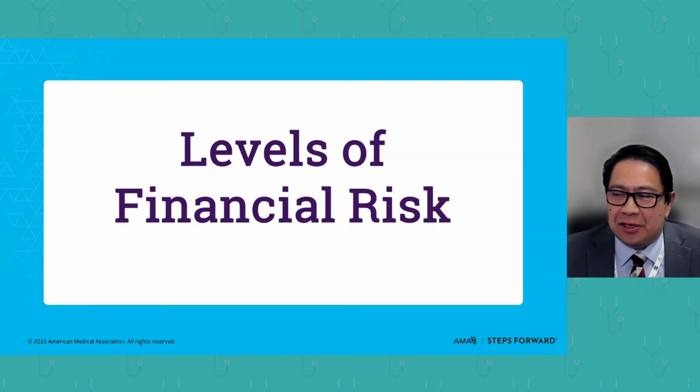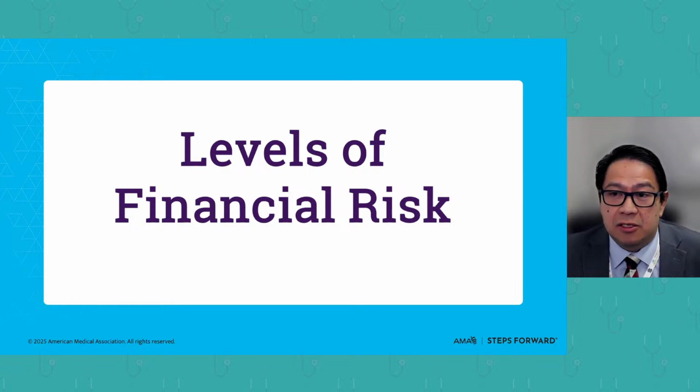As you mentioned earlier, it's about progressing, right, and progression. And you can see that with levels of financial risk because you are going through a transformation, as you start this journey towards value-based care. And it's a stepwise journey to some extent. And through those various steps, you have to go through progression and improvement. And it sometimes requires some cost, some investment, but it's a journey. So if you go to the next slide,